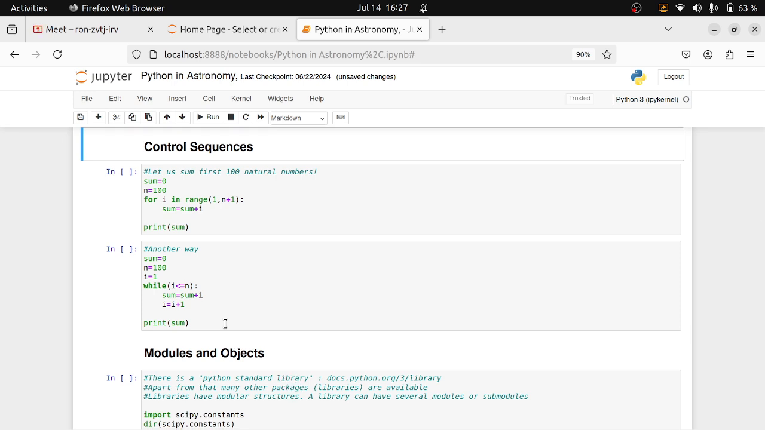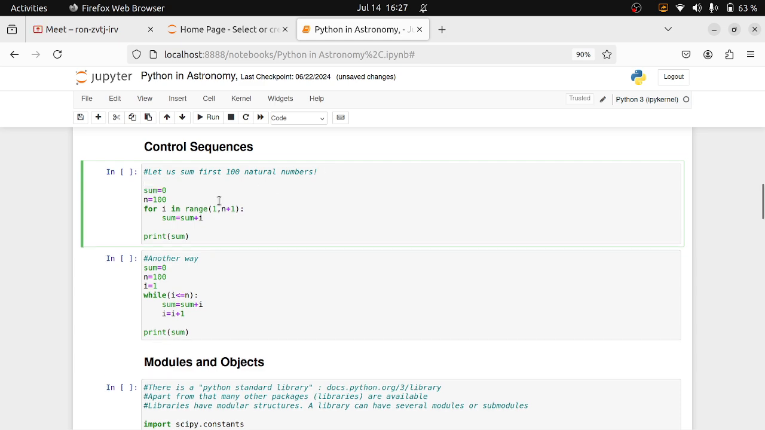Fine. Then we have control sequences in Python. What are control sequences? Control sequences are just loops. So you can loop in Python, as you can loop in other programming languages. For example, let us sum the first 100 natural numbers. We just do it very simply. We define a variable called sum. We tell the computer how many terms we want to sum, that is 100 terms, and then